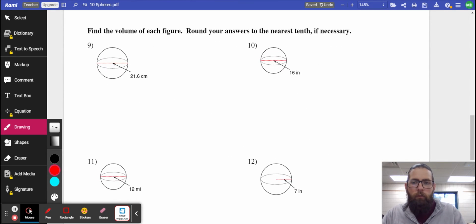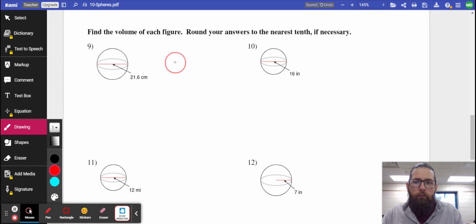Okay, down here, we're going to find the volume. The formula for volume of a sphere is 4 thirds times pi times r to the third power. So for this one, all you need is just the radius. And number 9, I am actually giving you the diameter. So to find the radius, we need to take the diameter and cut it in half. So 21.6 cut in half